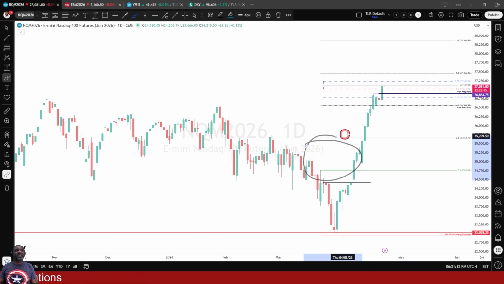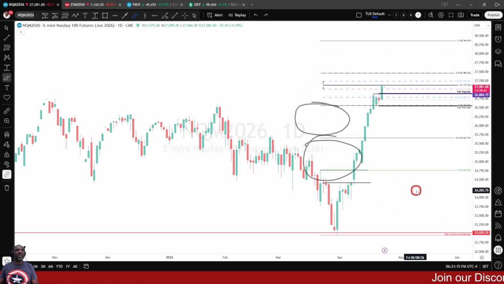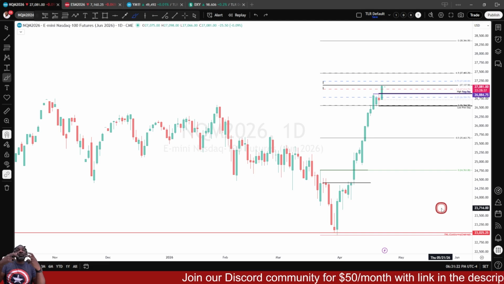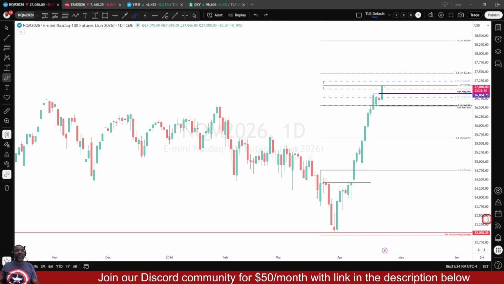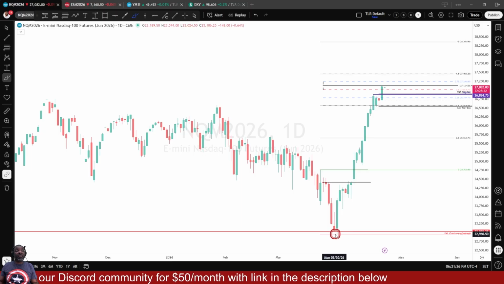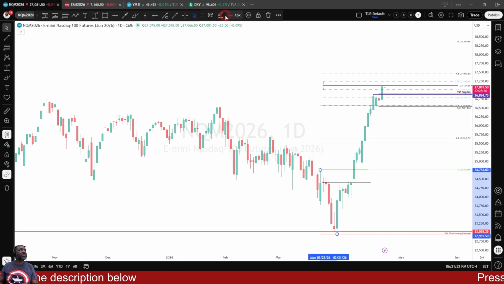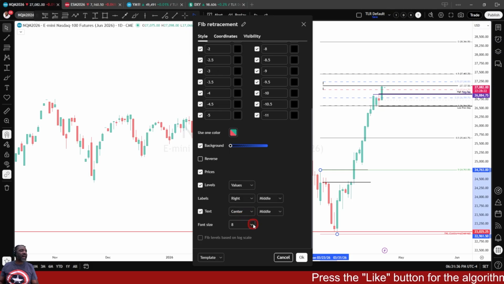These projections are dealing ranges, I'm using air quotes. These are dealing ranges that the algorithm understands. The algorithm understands that because I made this low down here at, let me make these numbers bigger so we can all see them, and y'all be like, Tim, where you pulling these numbers from? At Uranus,